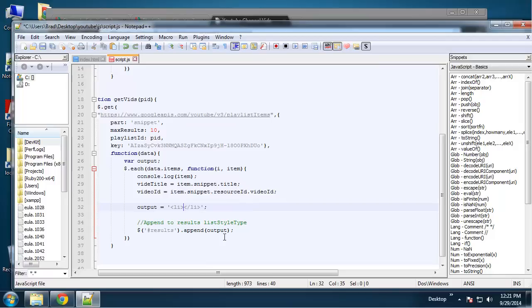Instead of just having this video title, let me take this out for now. We want an iframe, and this iframe is going to get an attribute called source, or src, and we're going to set this to, let's see, what are we doing here? We need to escape this first quote, so I'm going to put a backslash and then 2 forward slashes and then